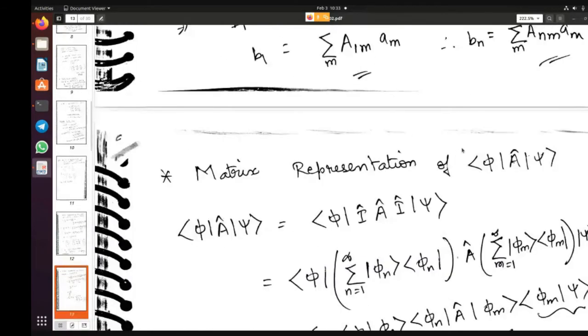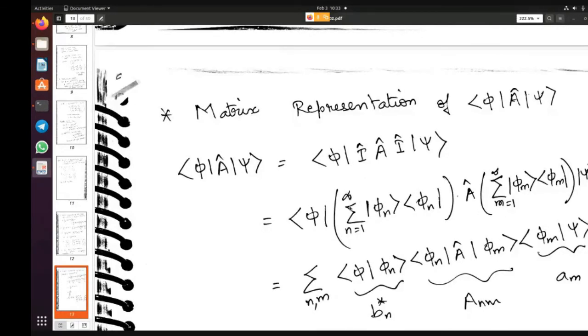All right. Now let's see the matrix representation of this term, right? So this is some kind of a number, right? So this turns out to be some number. So instead of A, we can again put I into A into I. Okay, so remember, whenever you have an operator and you want to change it to some other basis set, you can just replace that operator with I into the operator into I. Okay, and then do the complete computation, and then the computation becomes very easy. You just have to keep track of the summations, that's all.